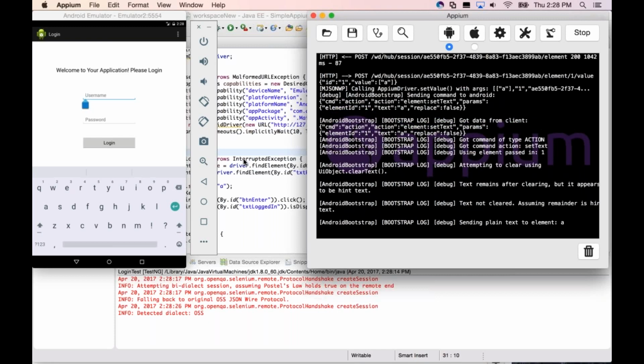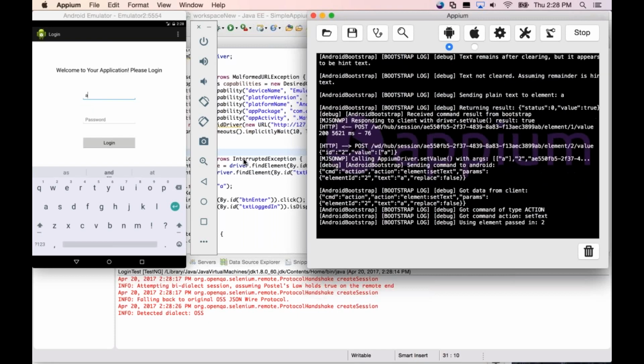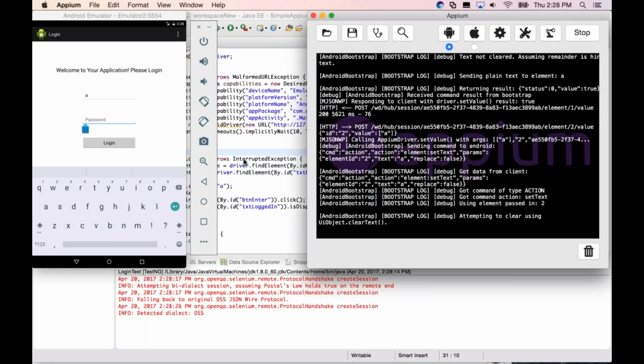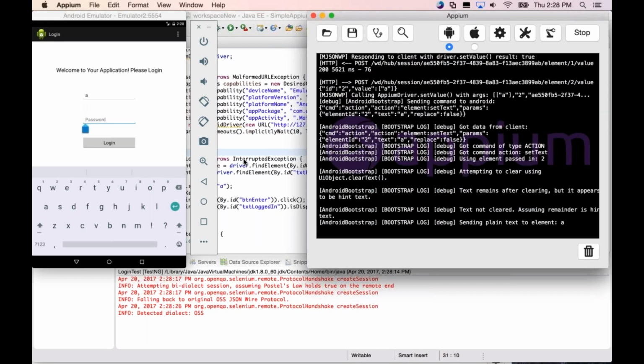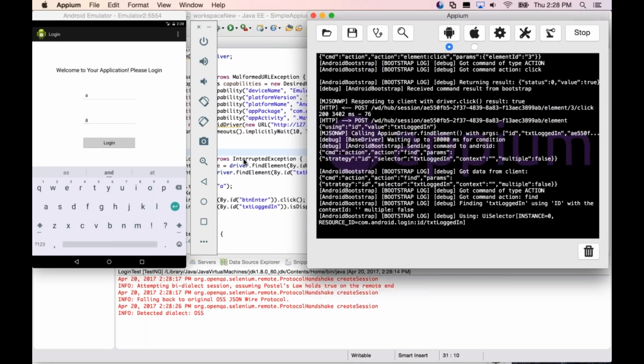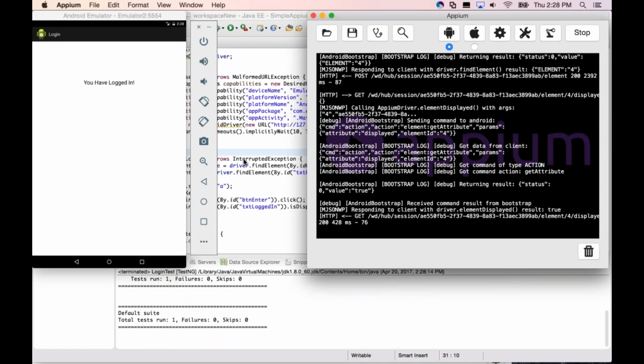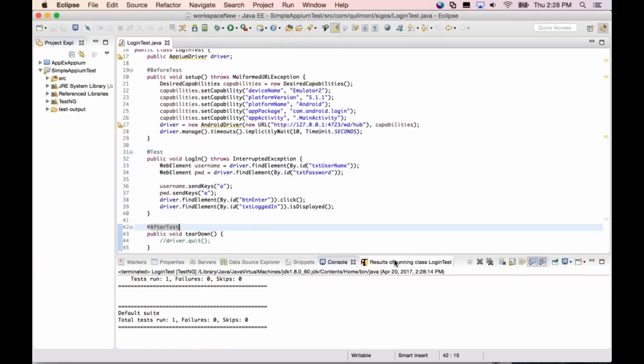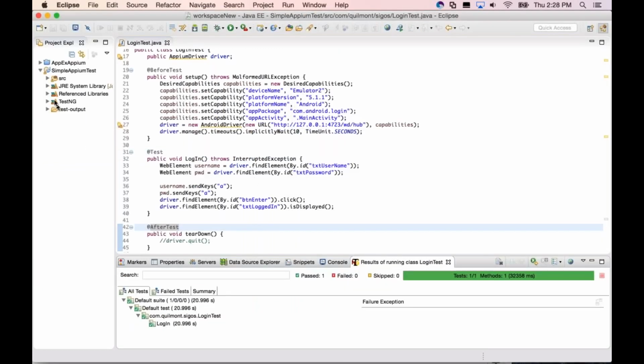So we can even see it goes a little bit faster here using Appium than the actual record and playback script and app experience. We can see my results from the execution.